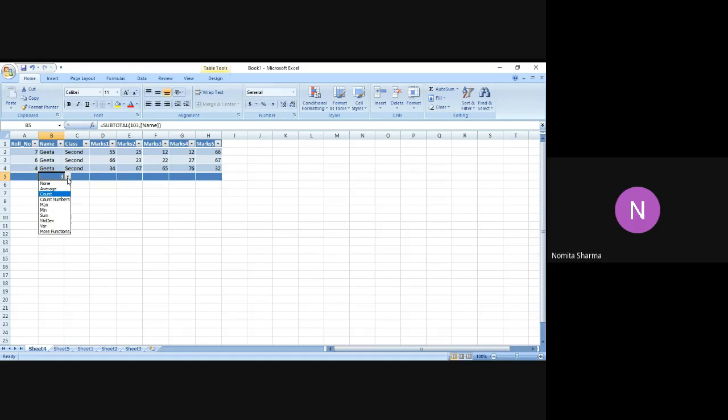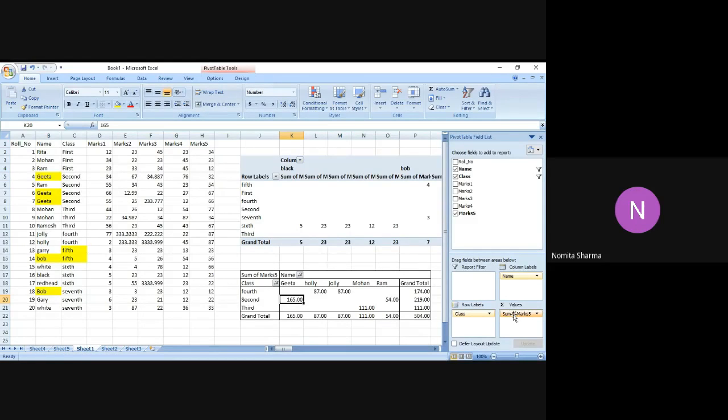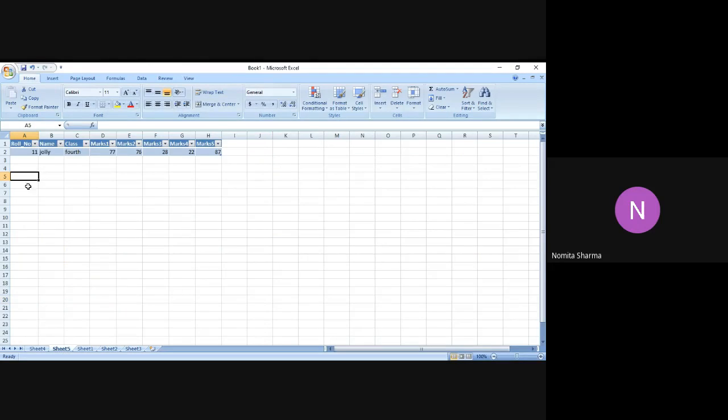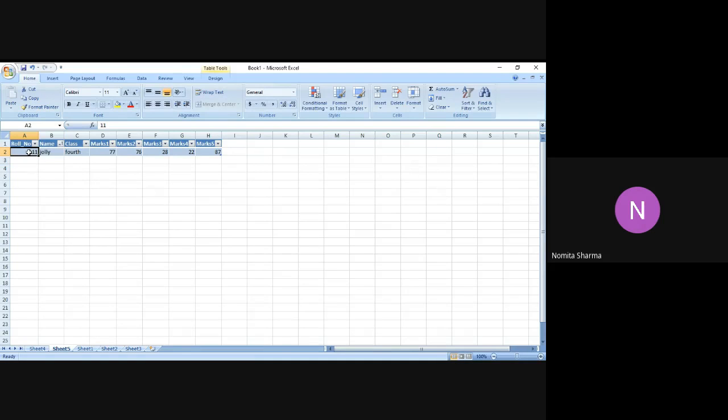If you remember, if I just go back to sheet 1, it was this. If you remember, when I was clicking on some option, I was getting to value field, and then I was getting that, right? In a similar manner, in the other table which I've got, I can get that there also, right? So this is just for the name. It can give me the option of this. I can sort them, but since there is only one person, it doesn't really make sense.